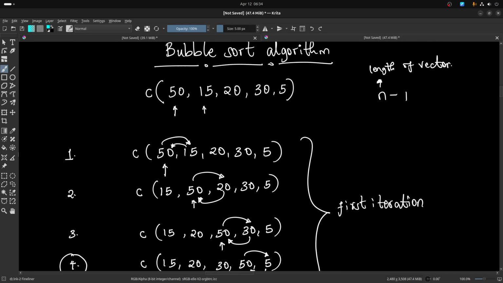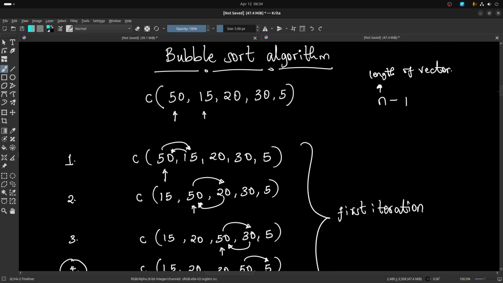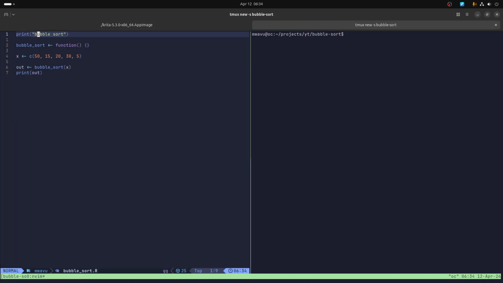So I'm just going to switch to R, well, my terminal, and let me move over to my keyboard. So we want to implement this function called BubbleSort. Let's have a bit of function documentation here. So we are saying this function,